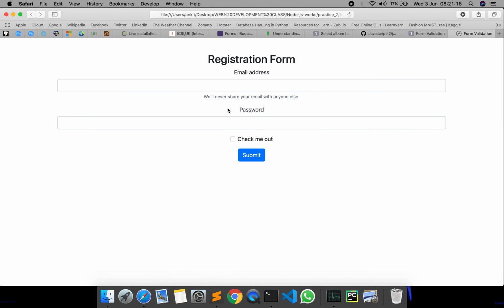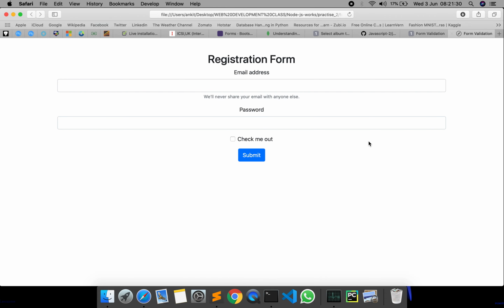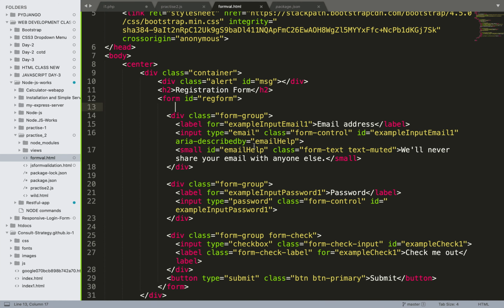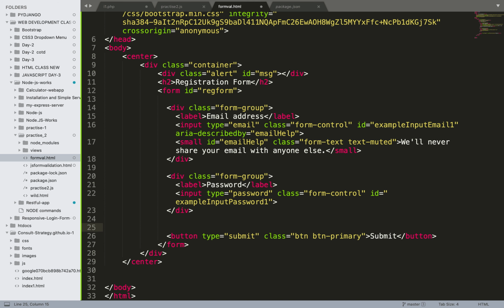Another thing, I would need to add two more text boxes and add some styles. So let me do that first. Where is our web page? Sorry. There are some advanced things here. I don't need this right now. You will be getting confused if you are a basic developer, means you are just starting. And I don't need this div part here.